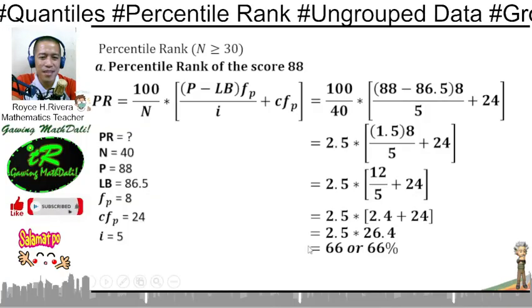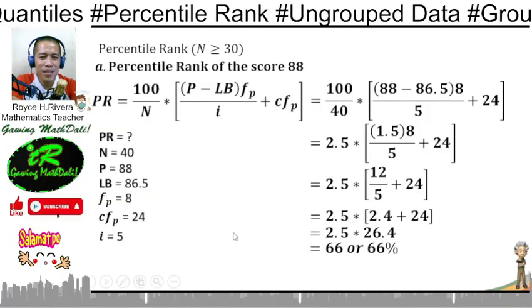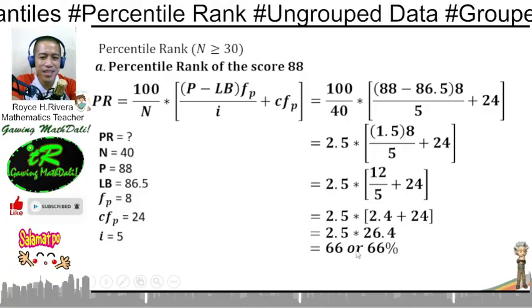We have the percentile rank of the score 88 equals 66, or